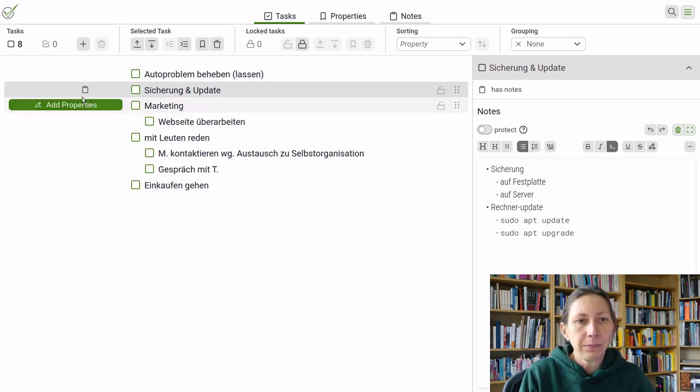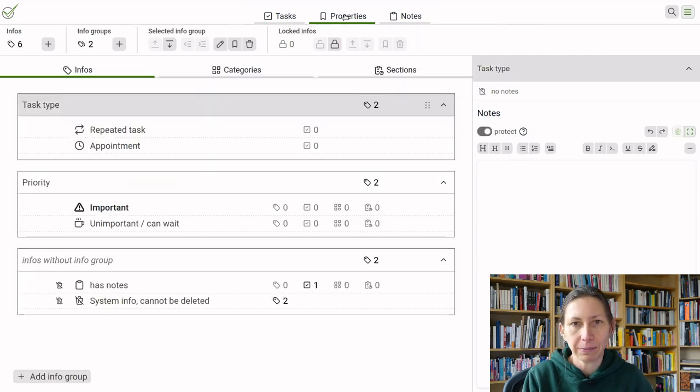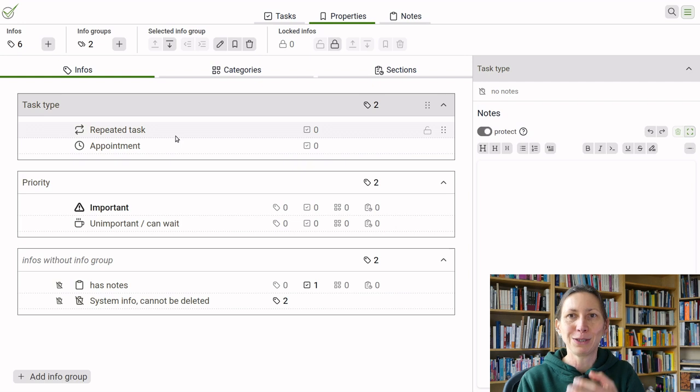So you see this little symbol here next to this task that has notes. This one is added automatically because, well, the task has notes. But this is just a special case of something we call properties, and especially an info property. When you go to the second tab here, properties, you see there are those infos, and there are a few predefined infos, like some tasks can repeat. So you don't really want to check and delete them. You rather want to give them another chance. You want to do them again at some point in the future.